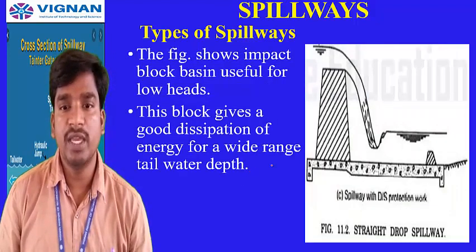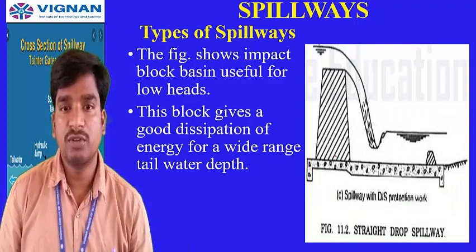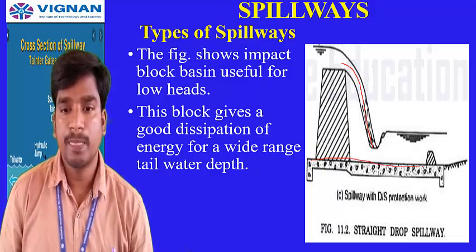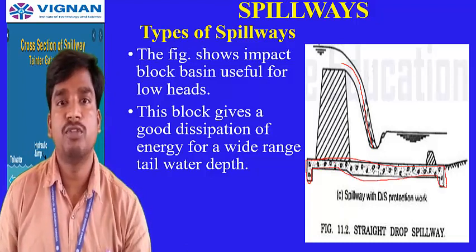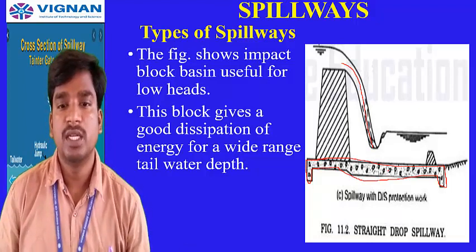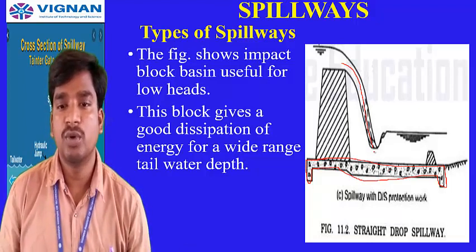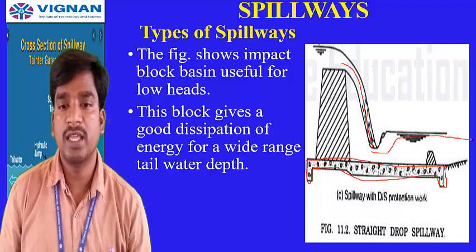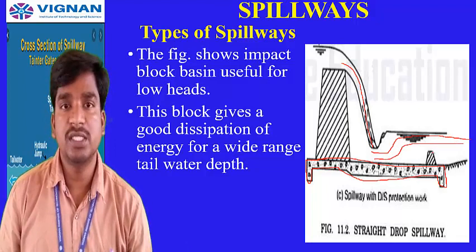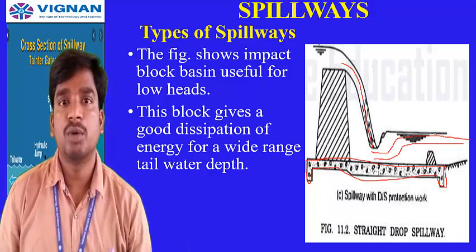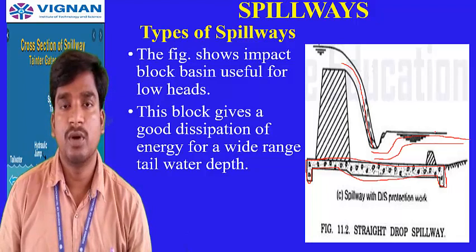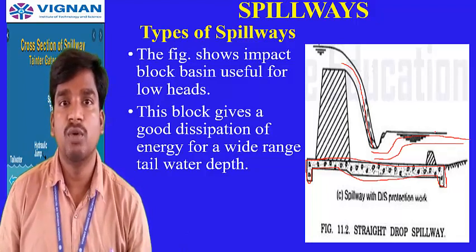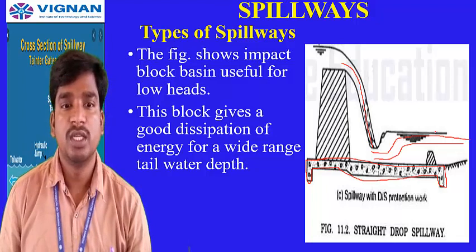Now here you can see one more way. In case of vertical drop, it continuously hits the downstream water. In order to avoid downstream damage, we are constructing a platform here. On this platform, the jet continuously hits, and the flow continues very smoothly like this. So these are the three possible ways we can arrange the vertical drop spillways, or else we can call them free overflow spillways. So this is about the first type.